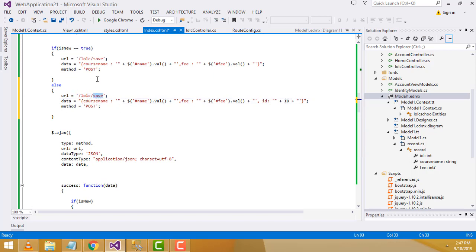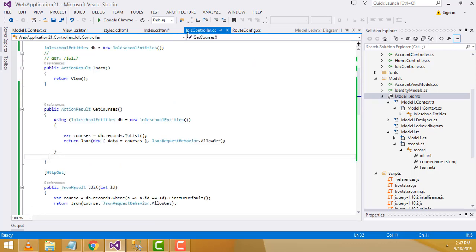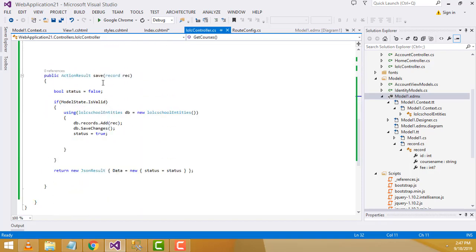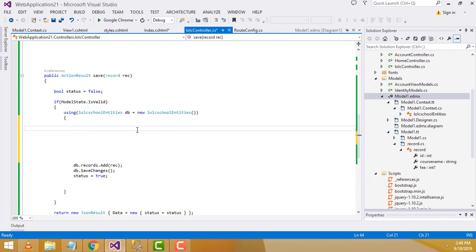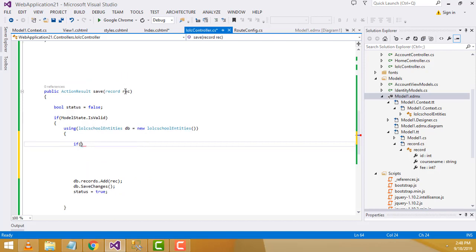Inside the save method, go to the LOLC controller.cs page here. This one should be the save code. Now here we have to write code. Another thing is you have to write the if block. Copy rec with Ctrl C, paste it here with Ctrl V, rec dot id